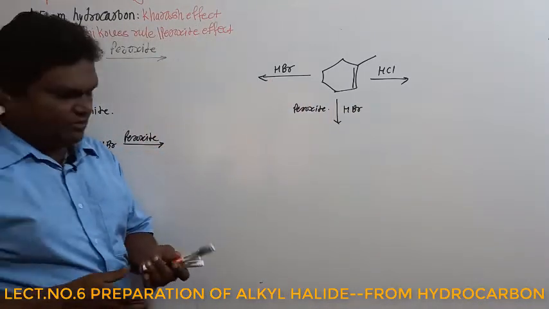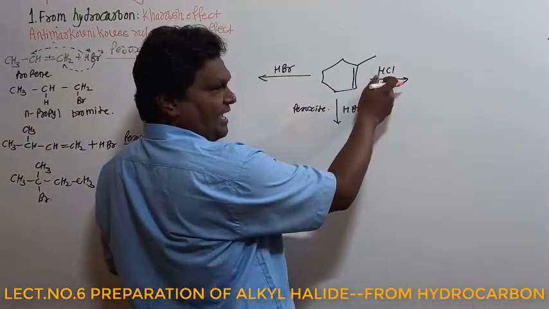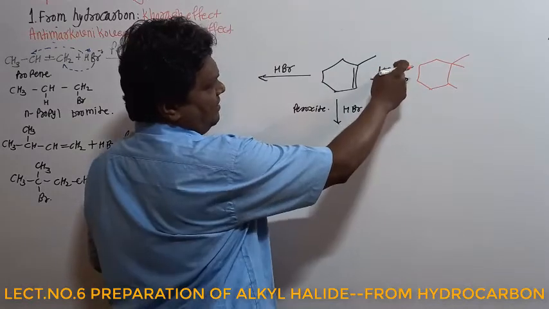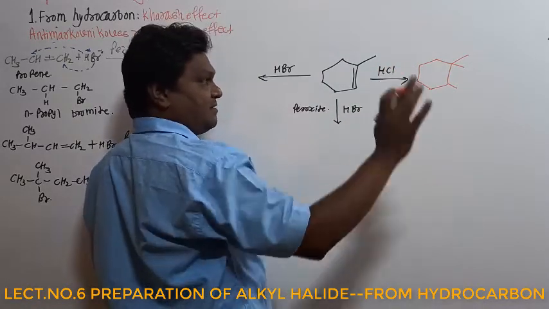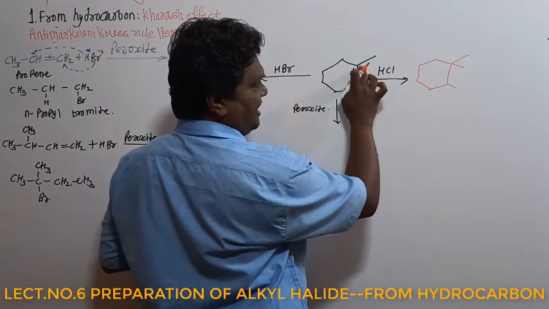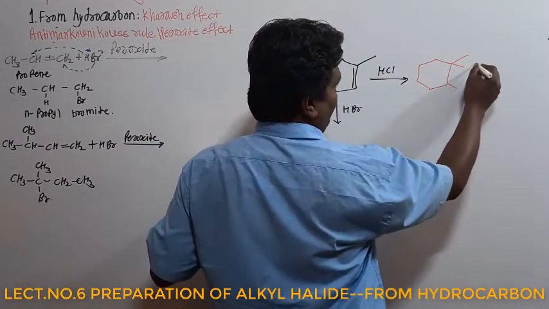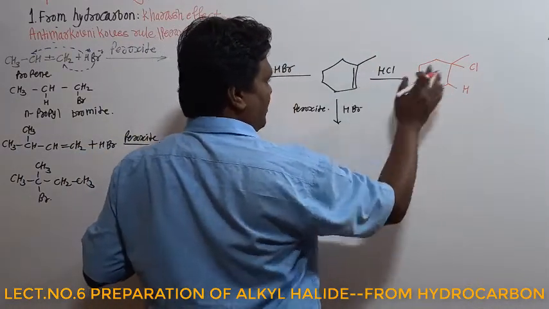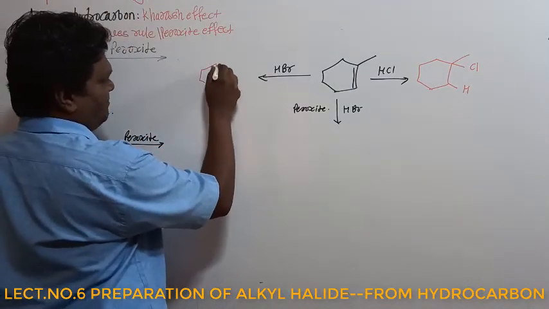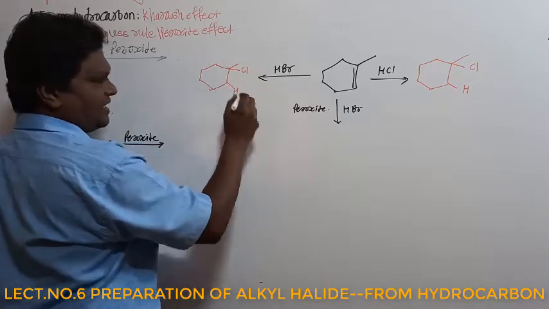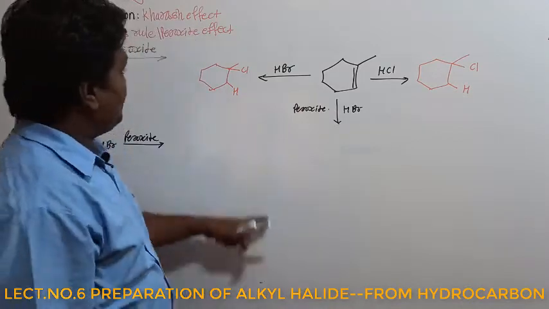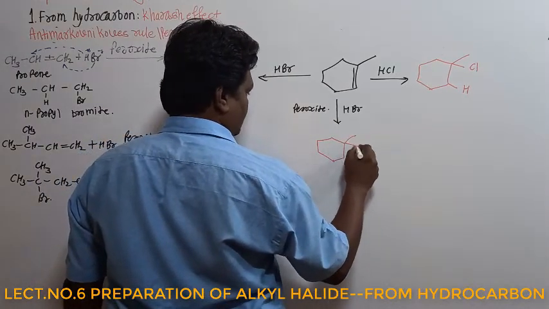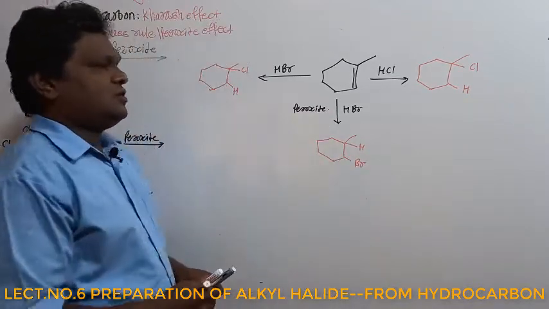Now let's see what happens. The first case, as usual, Markovnikov's rule will apply, so you are going to get this. Okay, the single bond breaks. Where will the negative charge atom go? It is chlorine, so where will it go? To the carbon with less number of hydrogen atoms. Here there is only one hydrogen atom, and here how many were there? One hydrogen atom. So you will find chlorine will attach here and hydrogen atom will attach here. The negative part of the reagent goes to that carbon atom which contains less number of hydrogen atoms. It is HBr, again the same thing, same Markovnikov rule you're going to use, Cl and hydrogen atom. Now here in this case, definitely you're using a peroxide, meaning you're going to see the Kharasch effect, anti-Markovnikov rule or peroxide effect, so you're going to get this. Here bromine will come.